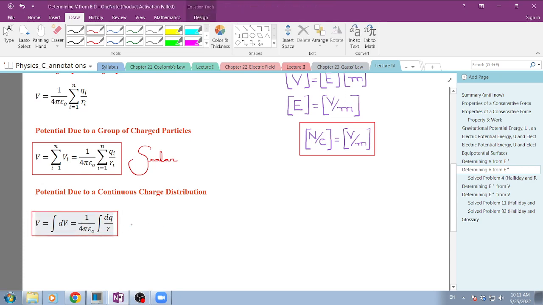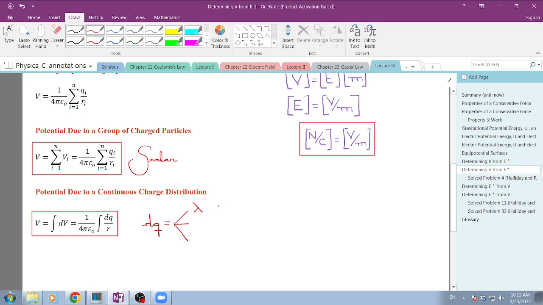And again, the main challenge when you are integrating is the representation of the charge element. How can I write this one? Remember, guys, if we have some kind of symmetry, we can represent this as